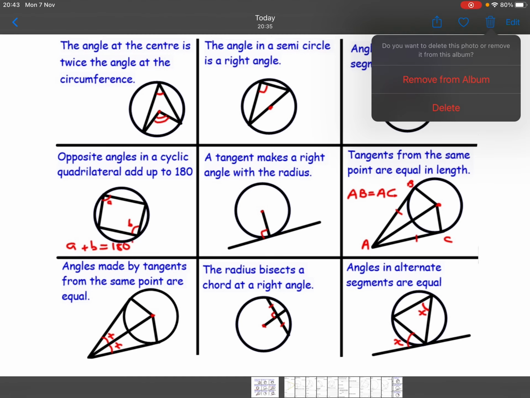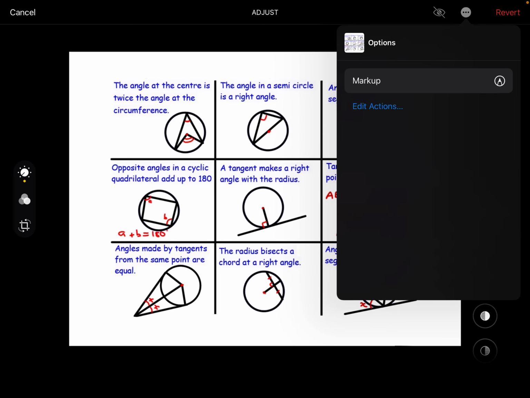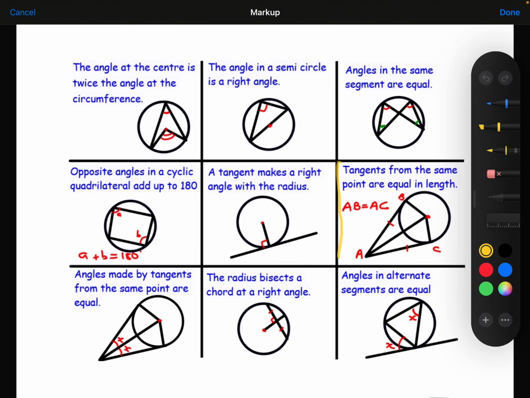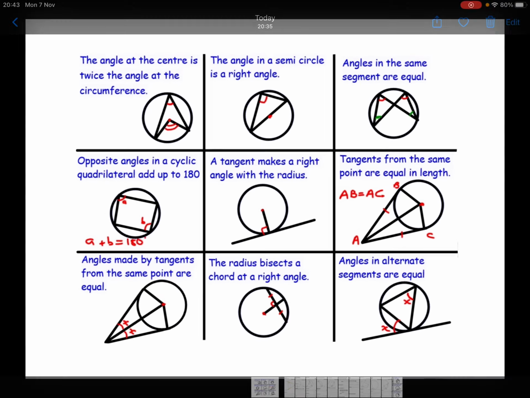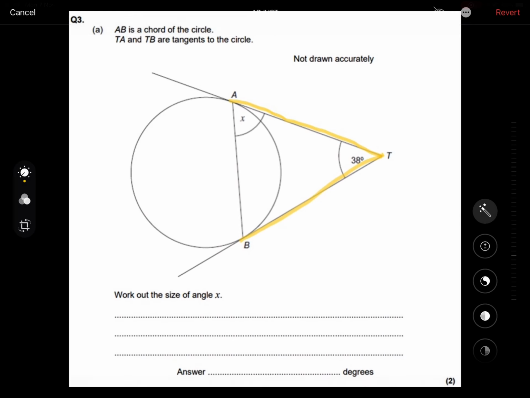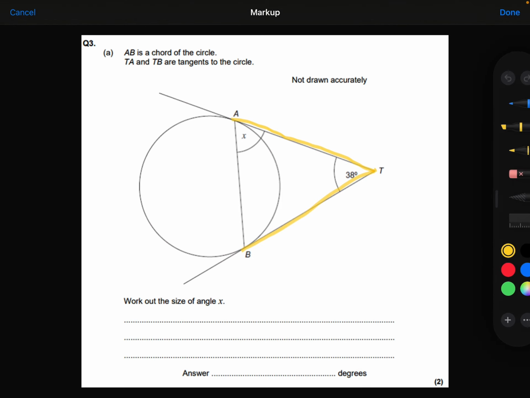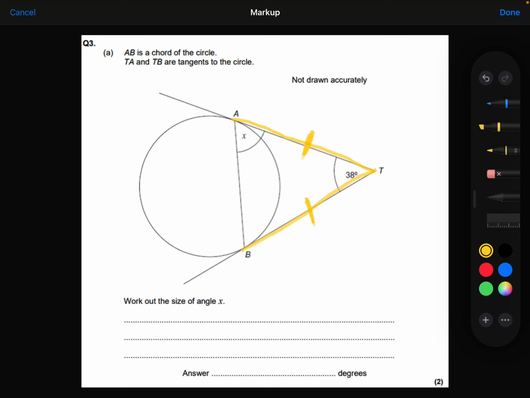And we can see from this circle theorem here that tangents from the same point are equal in length. So we've got tangent AB here. This is equal in length to tangent AC. So if we use that here, if I know that these two tangents are equal in length, then that means